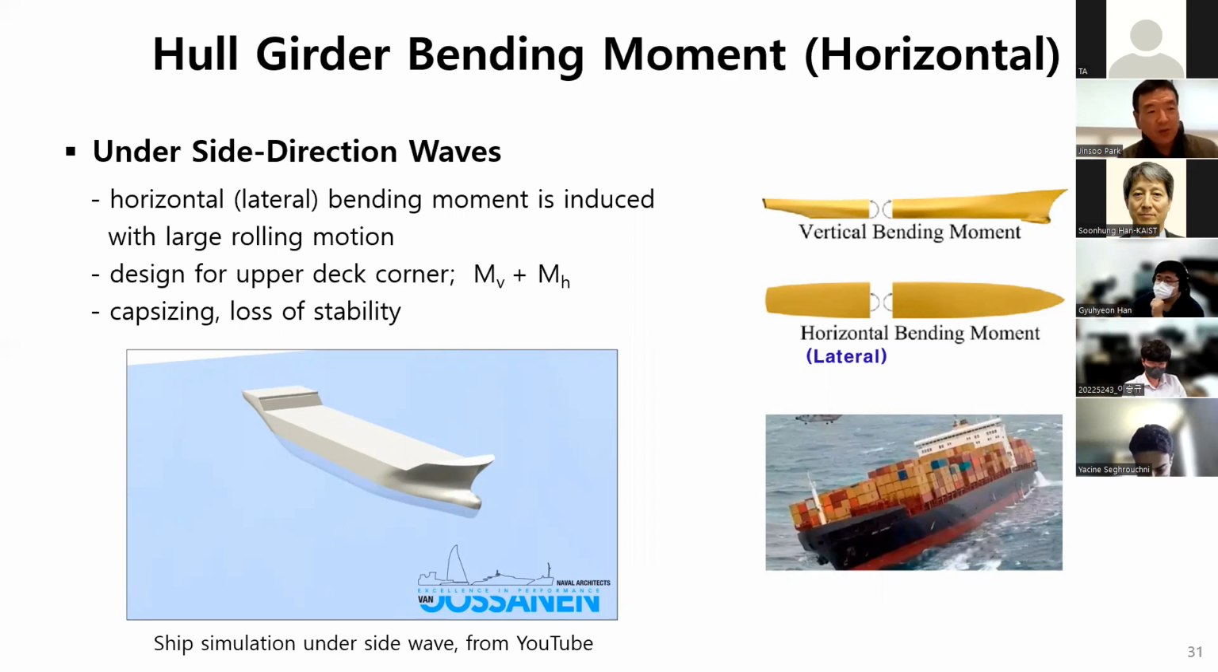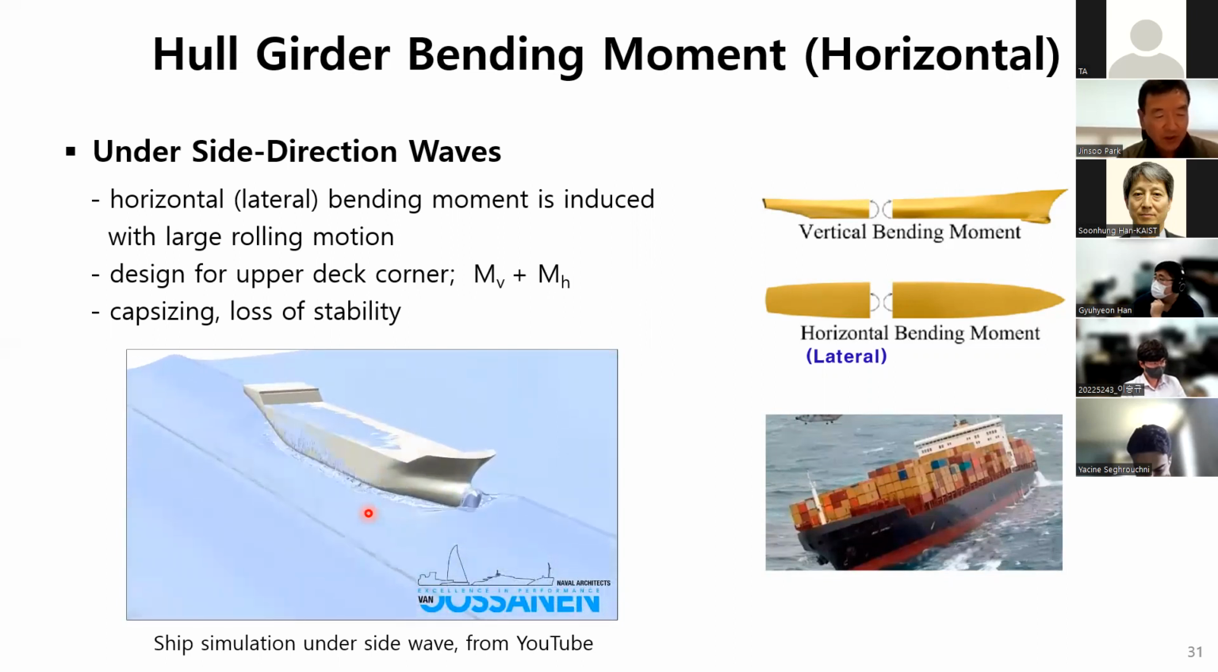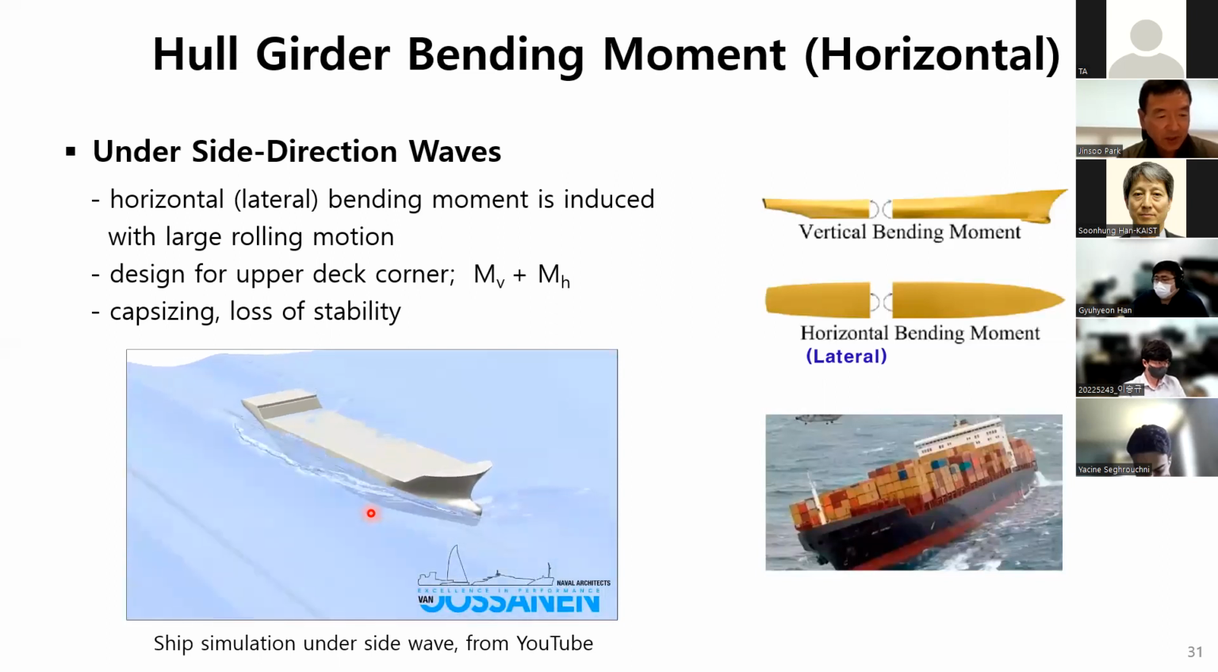Next, second loading is horizontal hull girder bending moment. First, I'd like you to see a video. Motion simulation under this side direction wave. A big regular wave is coming from the right side of the ship, and the ship begins to move into a rolling motion. Under this situation, generally